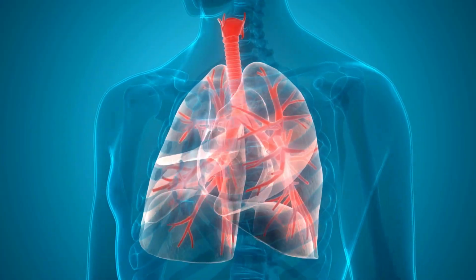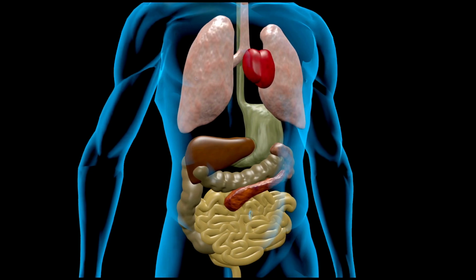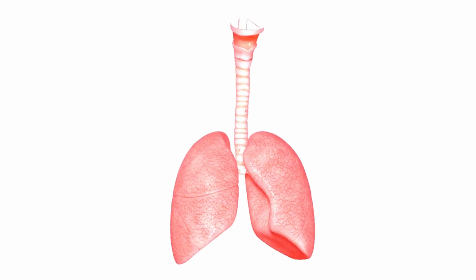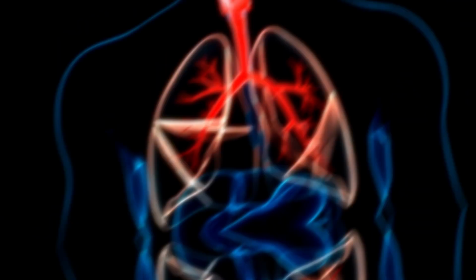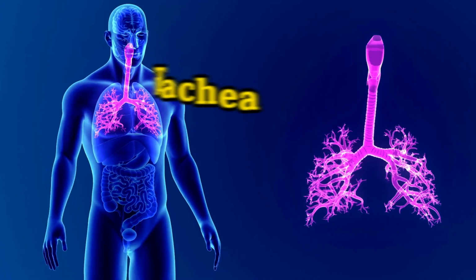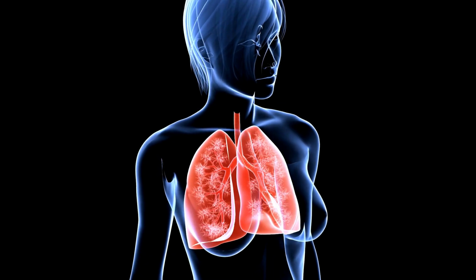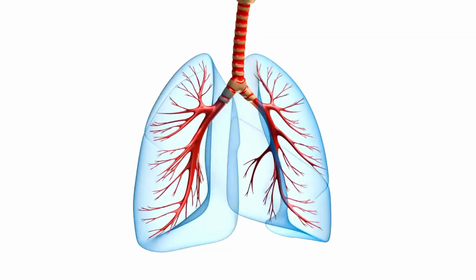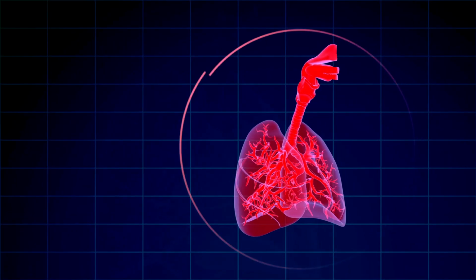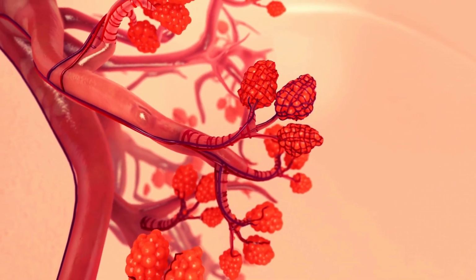The lungs, situated within the chest cavity, are paired organs that work in tandem to facilitate the exchange of gases. Each lung consists of several components. The bronchial tree serves as the initial part of the respiratory system. It commences with the trachea, a rigid tube that connects the larynx to the bronchi. The trachea bifurcates into two primary bronchi, with each one leading to a respective lung. These primary bronchi further branch into the smaller bronchioles, creating an intricate network of air passages that ultimately extend to